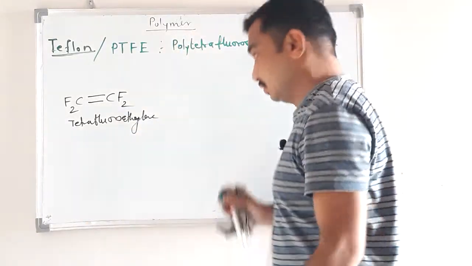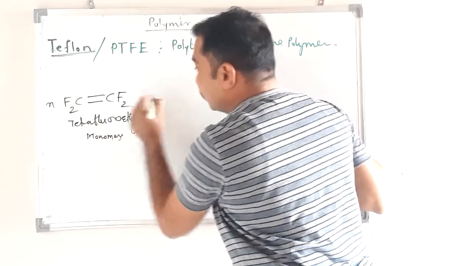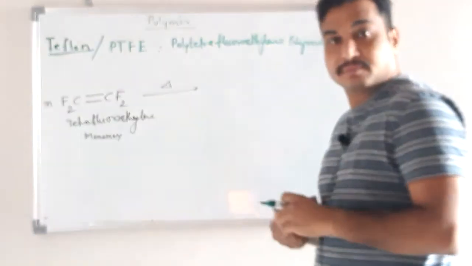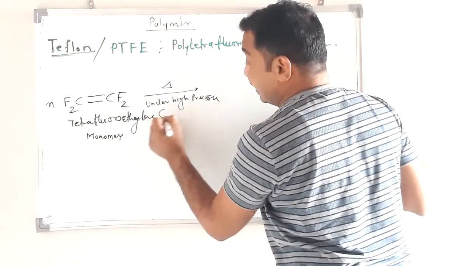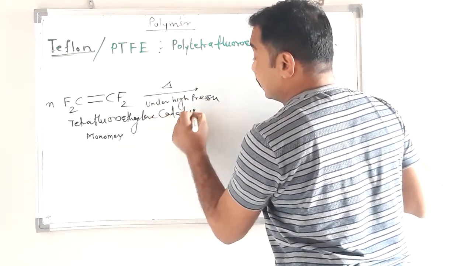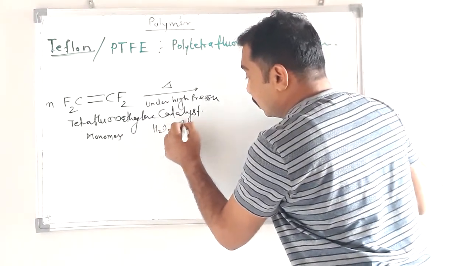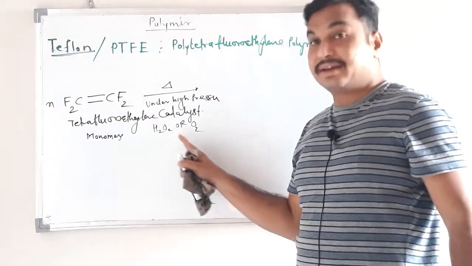Okay, we have to use n number of these monomers, and heating at high temperature, under high pressure, and a catalyst such as hydrogen peroxide or oxygen,